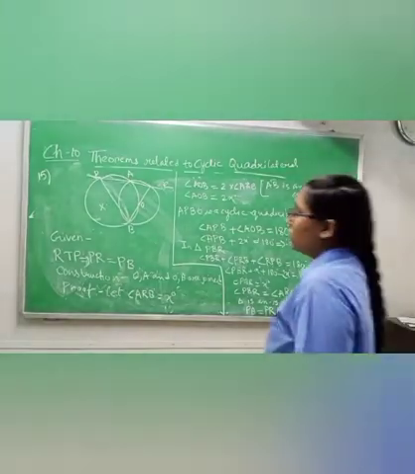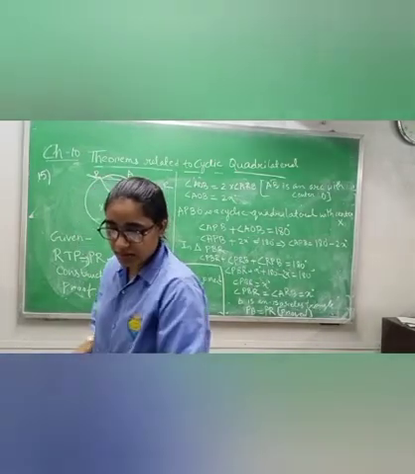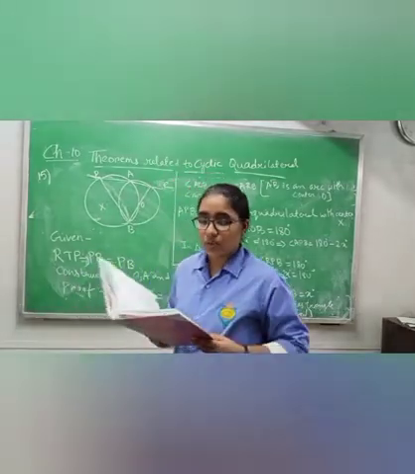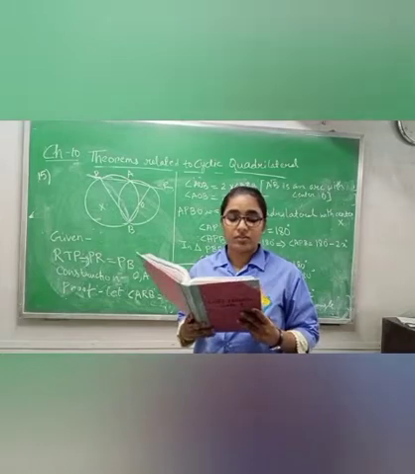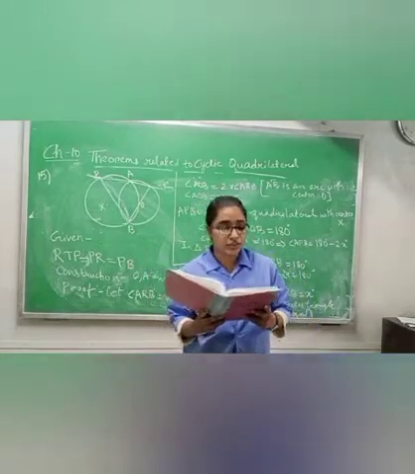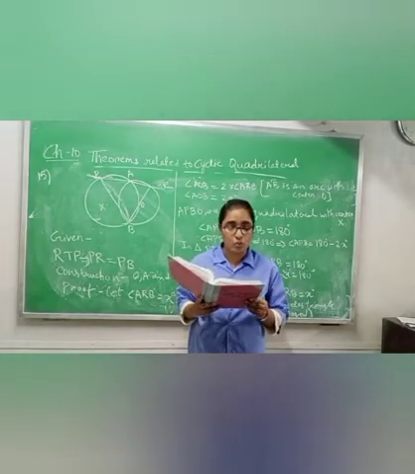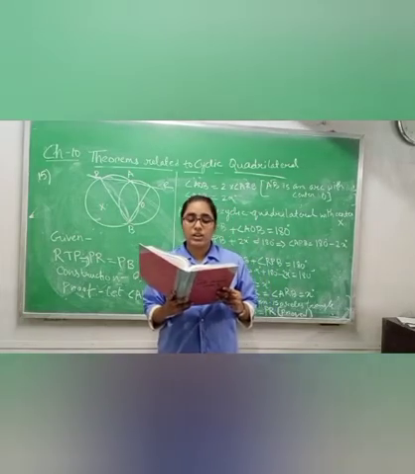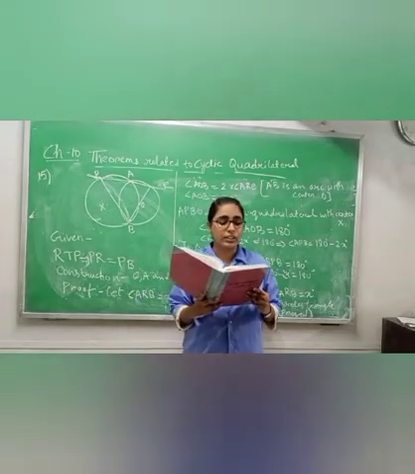Now class 10, read question number 15. Of two circles, one passes through the center O. Please, in this question there is one mistake. There will be no Q, it must be O. So please correct this. Wherever you get Q, write O at that place. Of two circles, one passes through the center O of the other circle, and the two circles intersect each other at the points A and B.